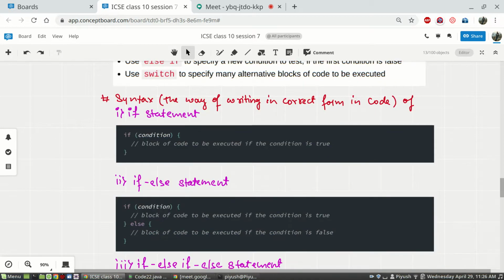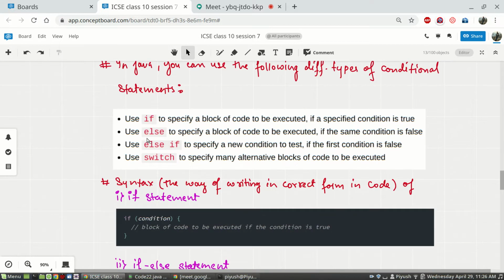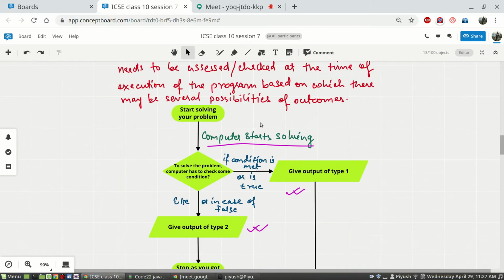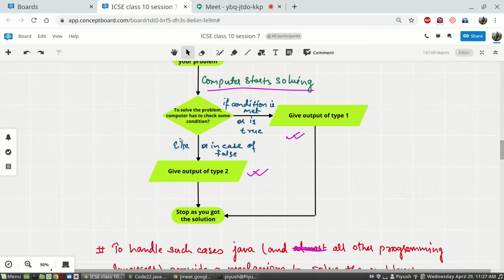Now, we will come to the second type, which will have the second type of matching conditions. Okay, so here we will be giving two alternatives. What we discussed just now was only a one-way path. If the condition happens to be true, then go this way, do this thing and end the program. If it is not true, if it is false, then do not do anything and simply escape and exit.